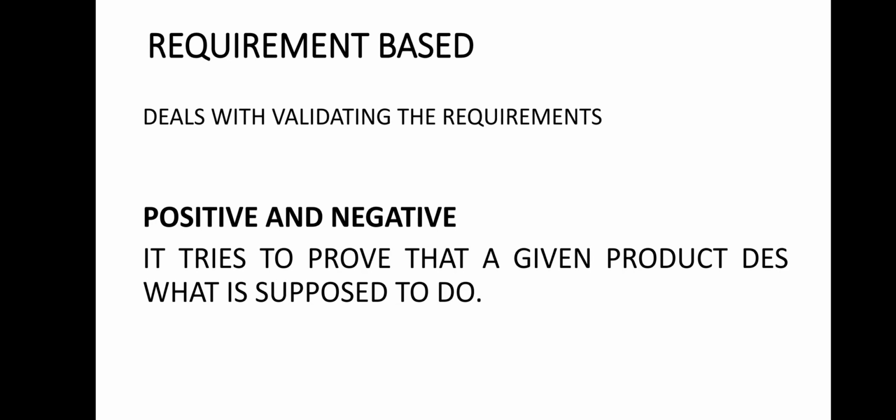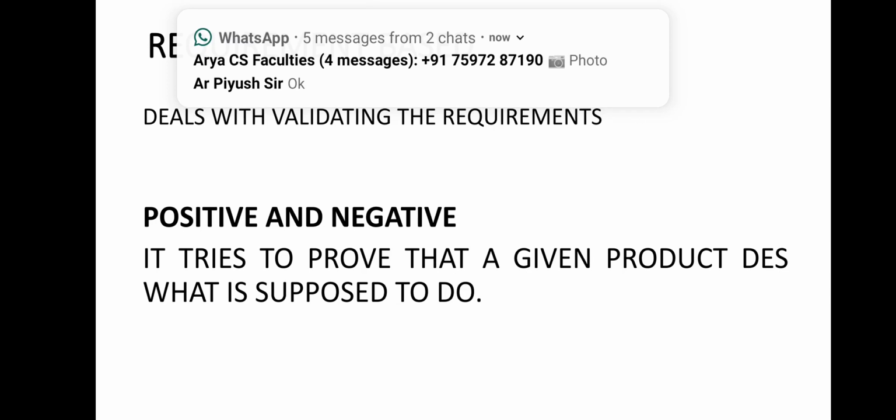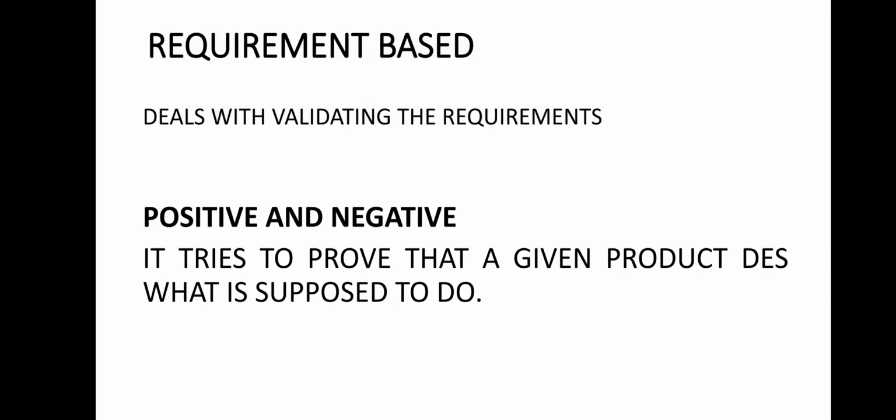Now let us consider the next, which is positive and negative testing. Positive testing basically tries to prove that a given product does what it's supposed to do. When a test case verifies the requirements of the product with a set of expected outputs, then it is called a positive test case. The purpose of positive testing is to prove the product works as per specification and expectations. A product delivering an error when it is expected to give an error is part of positive testing also. So basically it tries to prove that the product available to us is doing the same thing that it is supposed to do.